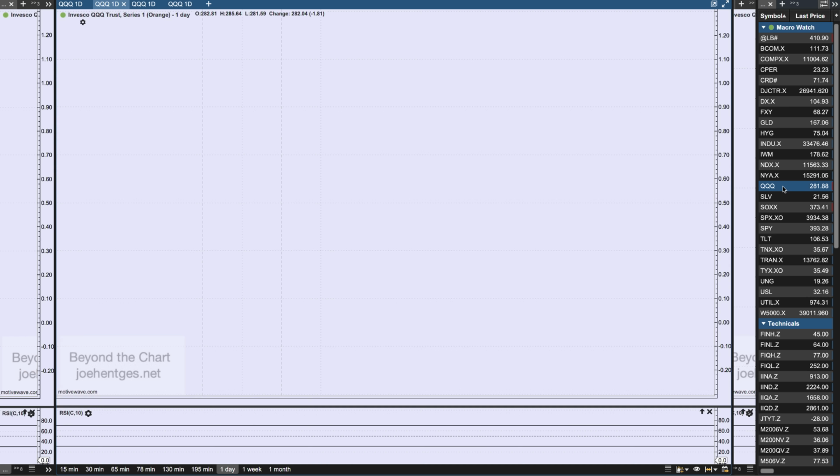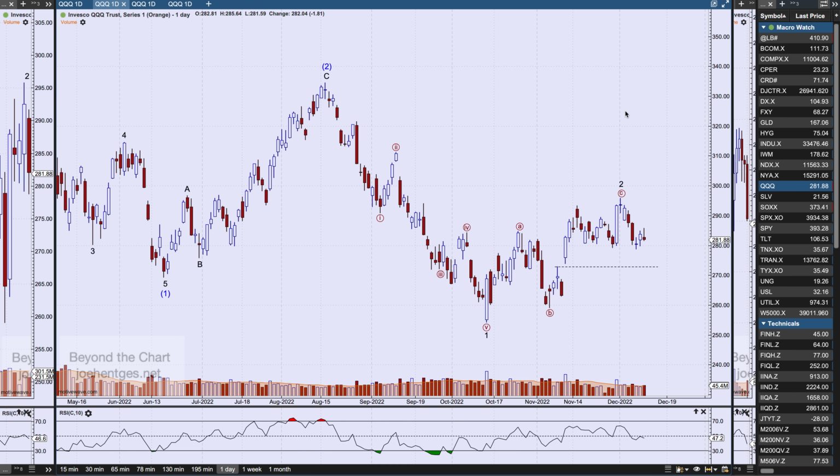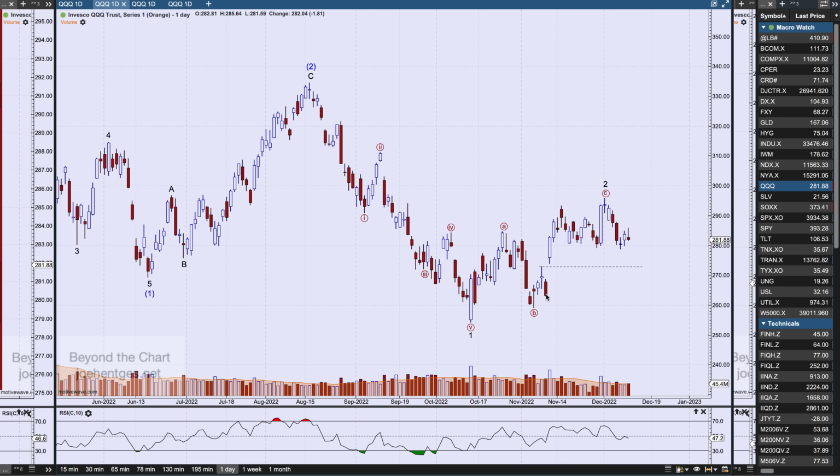Let's look at this. It's very similar on the NASDAQ 100, the Qs here, the ETF. Same kind of picture, not quite as flat in terms of the zigzag picture that we've got, but I also have a 5-wave picture in here, and here's the dashed line for wave 1. It's at 272.85. So I am looking for the Qs to come down, break below 272.85, and that's going to